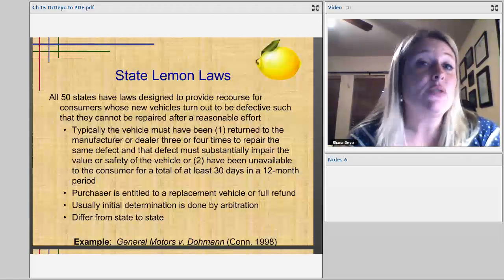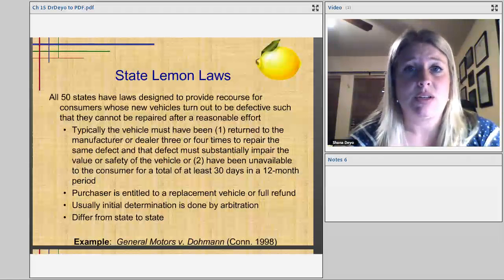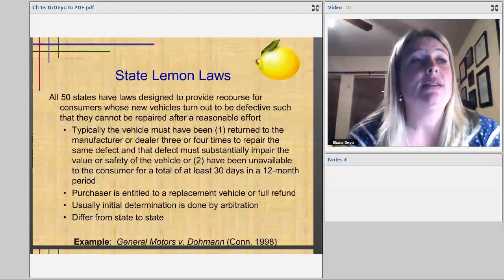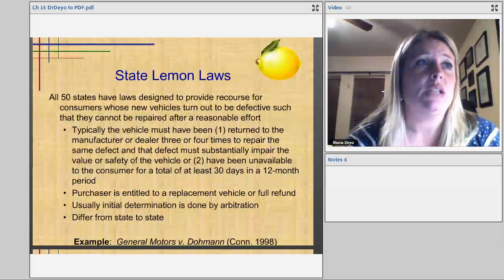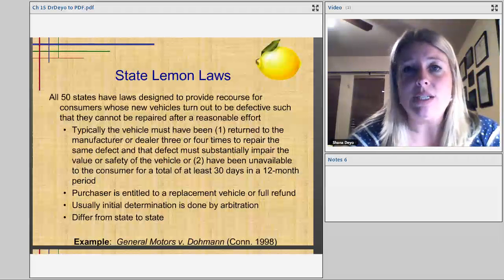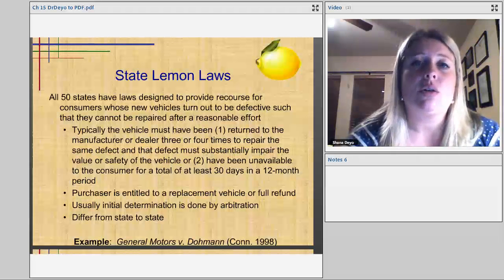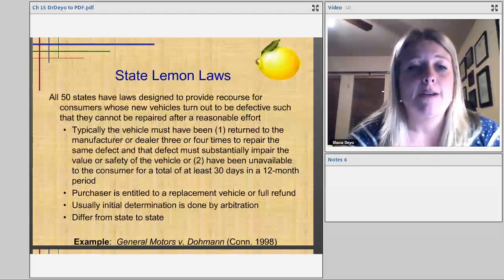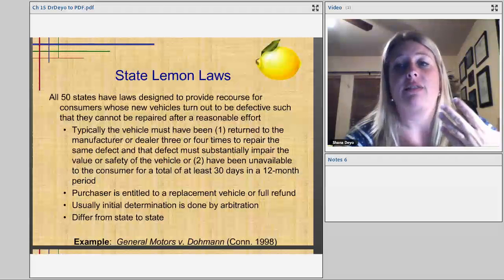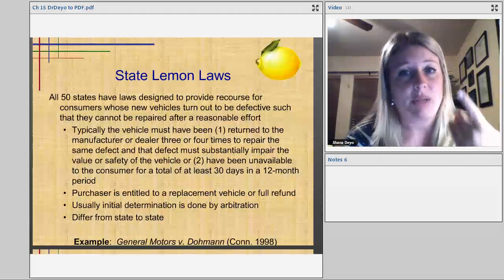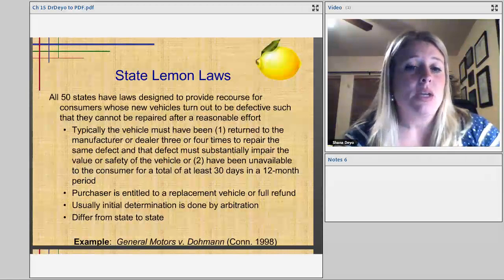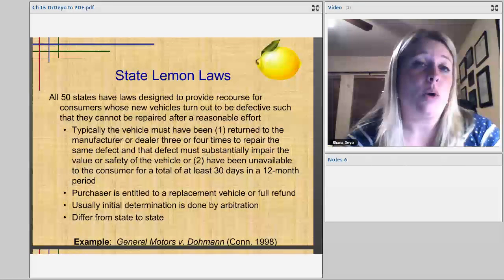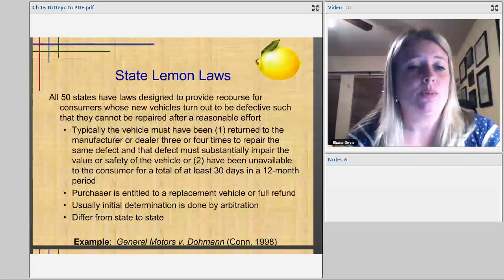If that happens, and this is for new vehicles, this is not for used vehicles, because when we buy a used vehicle, we sort of take it as is, unless we've got some warranty with it, or it still comes with warranty, or you buy an extended warranty from the dealer. But this particular lemon law deals with new cars. So if you are found to have the lemon, then you can get either a replacement value, the money that it would take to get you a new car, so a full refund back from what you paid, or you can get an actual another vehicle, replacement vehicle.